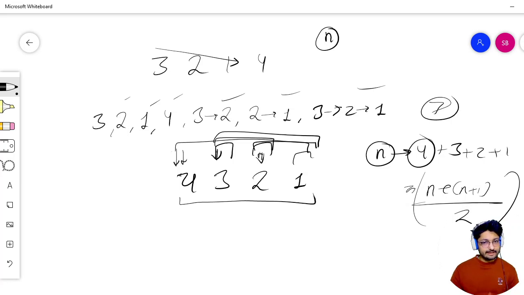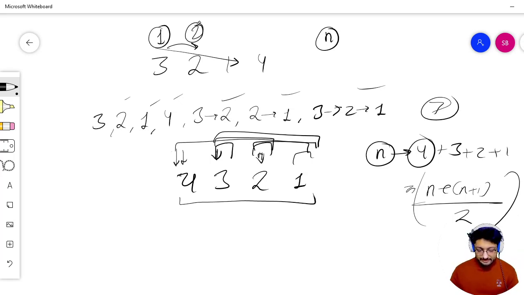Similarly, what you have to do next in this problem is just find the contiguous segments that are decreasing. You just have to find that and print it out. So as you can see, you can just initialize it with 1, meaning I have seen one segment of length 1 that is decreasing. Now if the next number is 1 less than the previous number, which means it is continuing the previous segment, you can just add it.